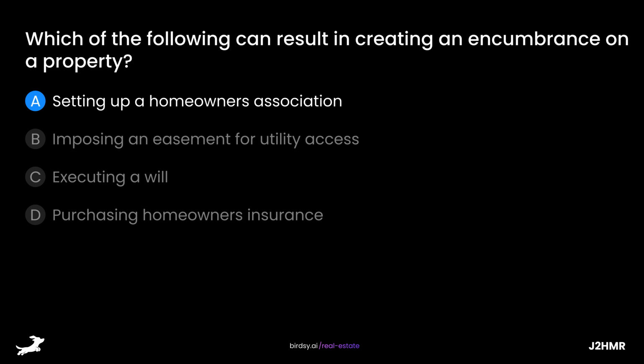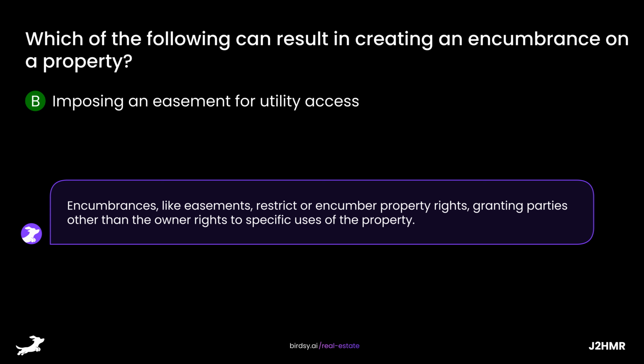Which of the following can result in creating an encumbrance on a property? Is it A, setting up a homeowners association, B, imposing an easement for utility access, C, executing a will, or D, purchasing homeowners insurance? The answer is B. Imposing an easement for utility access. Encumbrances, like easements, restrict or encumber property rights, granting parties other than the owner rights to specific uses of the